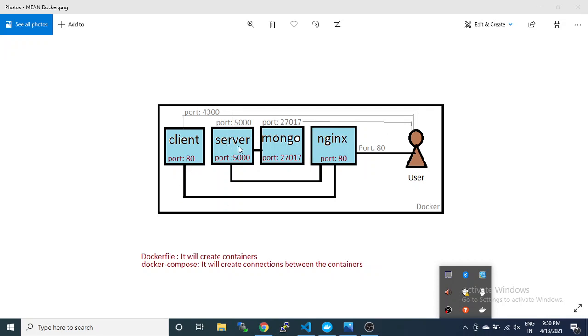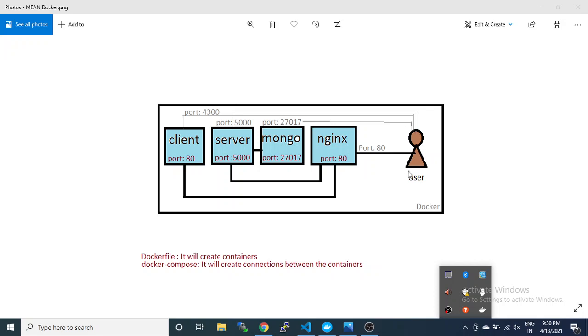Similarly, the server can be accessed by the user on port 5000, whereas it is internally also exposing port 5000. MongoDB has the same setup, and Nginx will by default expose port 80. You can see the server and MongoDB are connected. The server depends on the database, and the server and client are connected to the reverse proxy server Nginx.